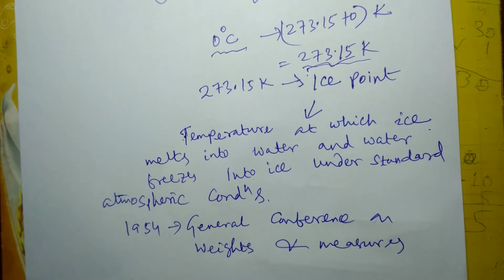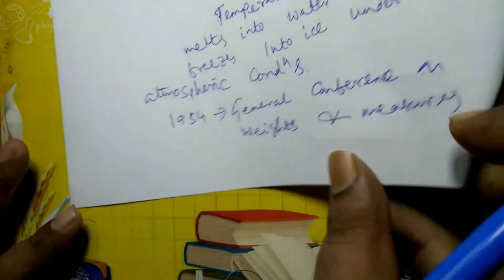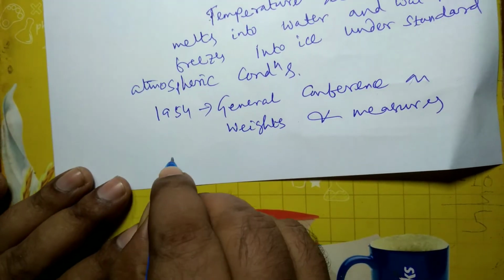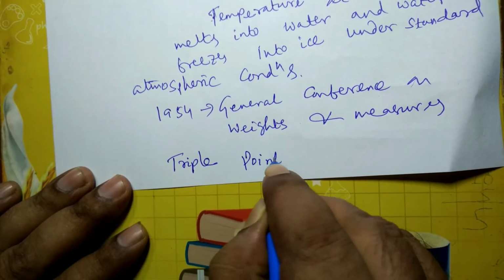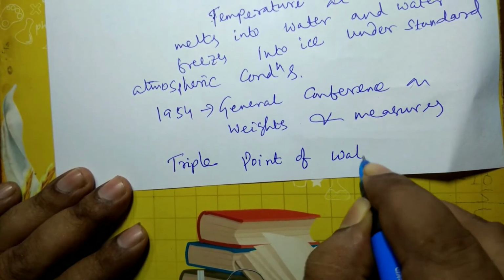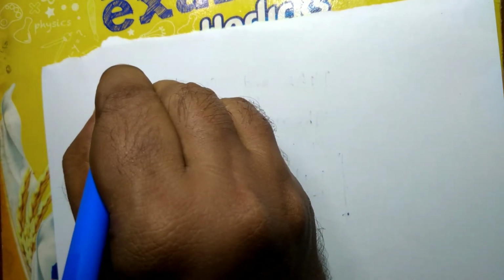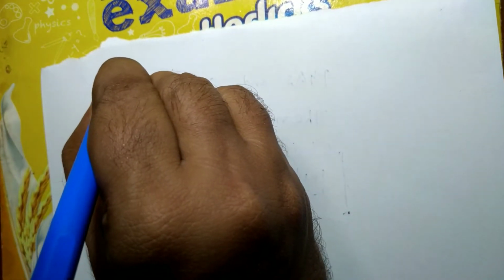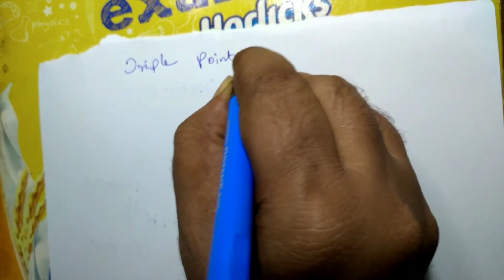That was changed. The triple point of water became the reference point. Now the new reference point was the triple point of water. What is this triple point? You will study it in properties of pure substance. The triple point of water is